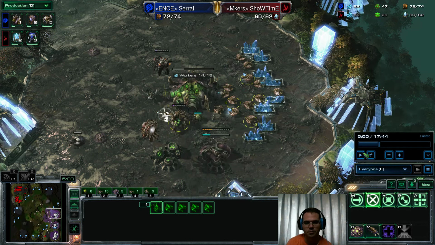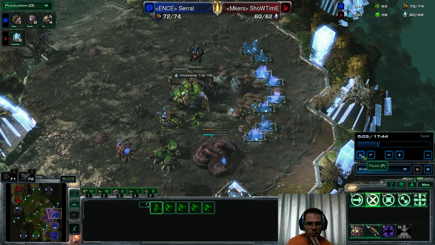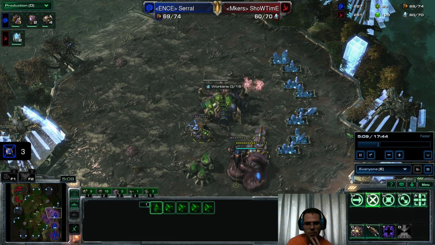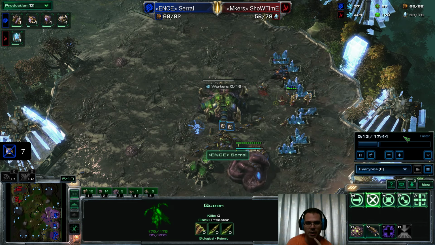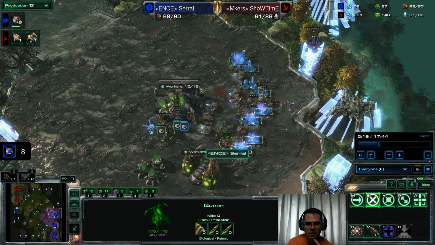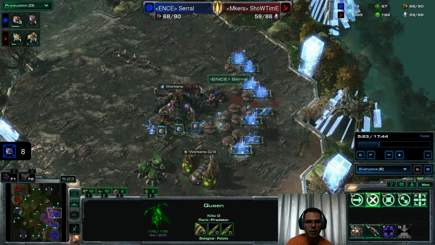Let's back up. Back up. So he pulls all of his roaches up top. Sees that's coming in. Pulls all of his workers down to the bottom. His queen, he could have moved his queen as well. There, he moves his queen now. Protect his workers. Did we lose any workers? He's lost a couple workers, but...